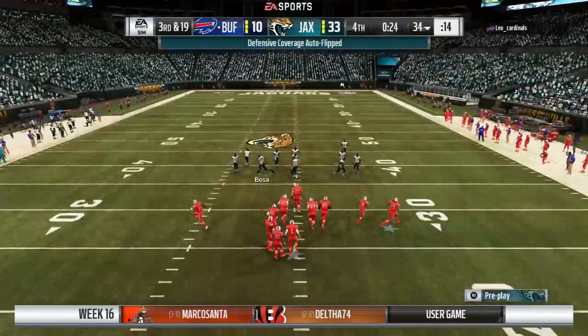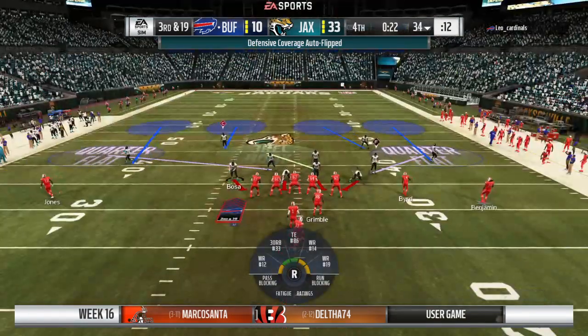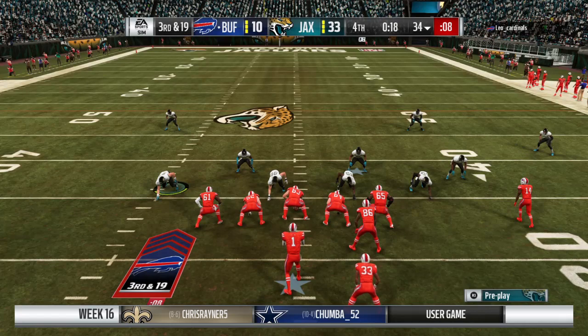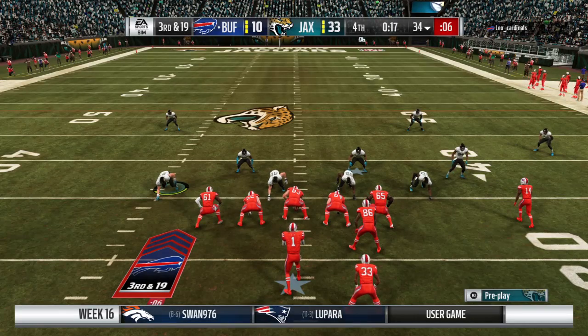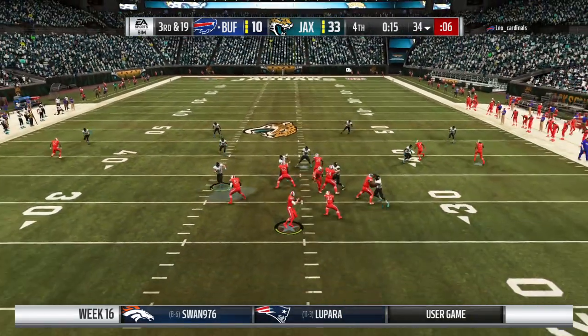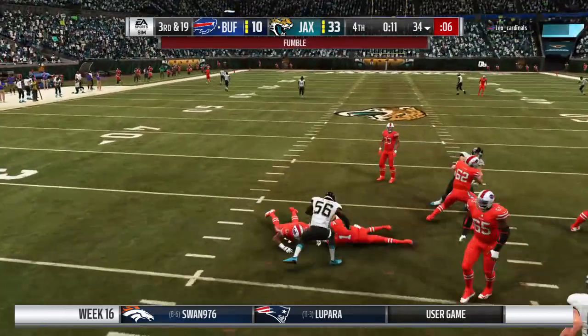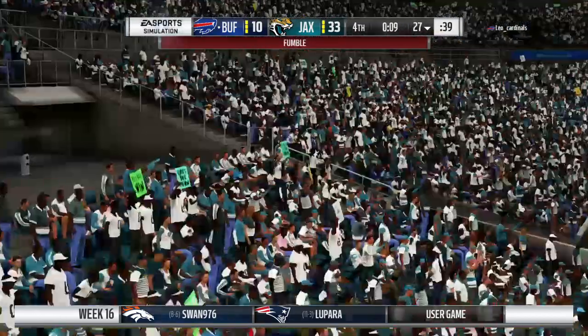The Bills on 3rd down. They're struggling. 0 for 6 thus far. This will be 3rd and 19. Now Allen operating from the gun. Allen hit. He lost the football. On plays like this where the ball comes free,